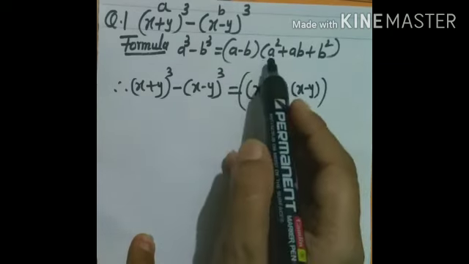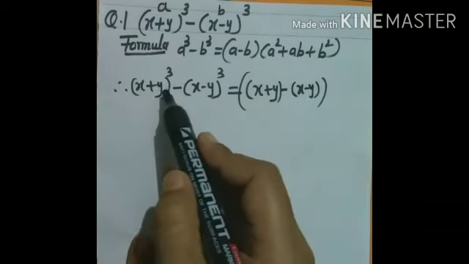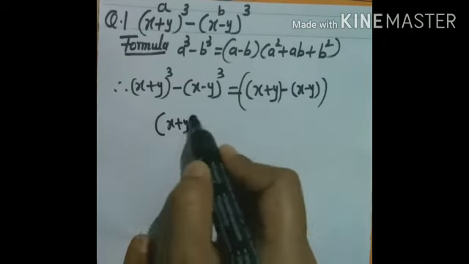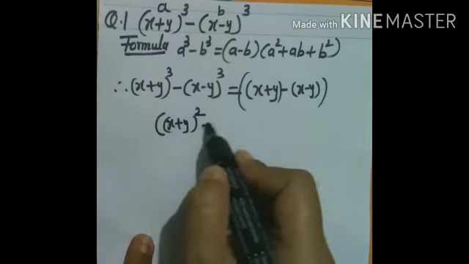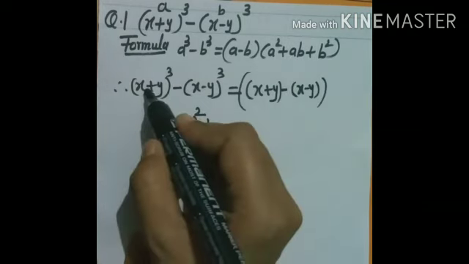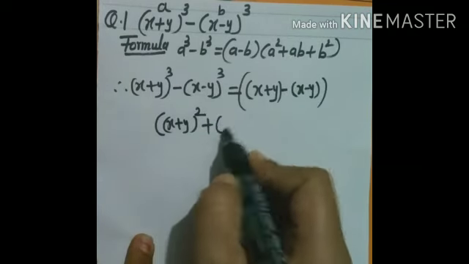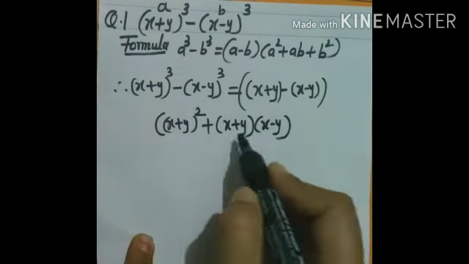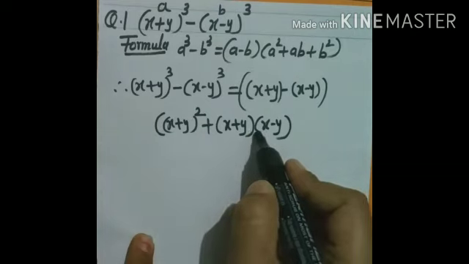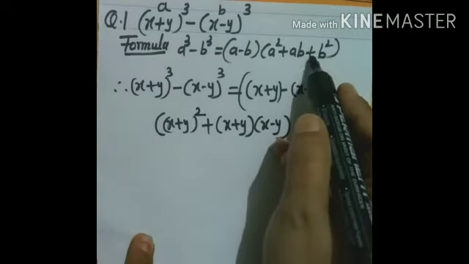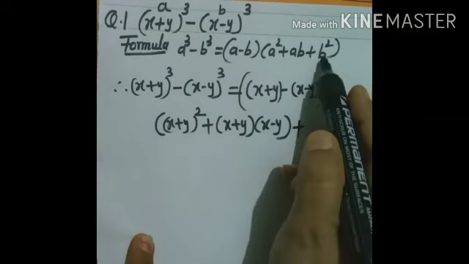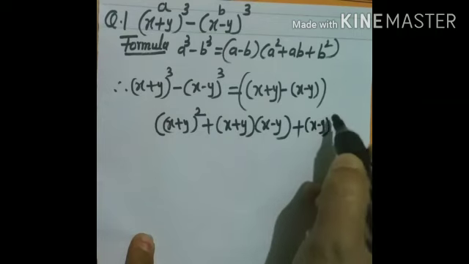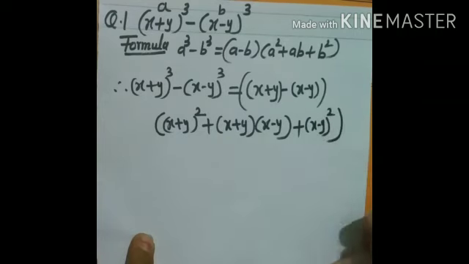Now what is next, children? A square. So what do we take? This whole bracket square. Here I am writing in the next step, children. X plus y the whole bracket raised to square plus A into B. These two brackets we take in the multiplication. X plus y, x minus y. The two brackets mean multiplication here, children. Okay. Now what is the sign here, children? Plus. So what do we take? B square. B square means x minus y whole bracket square. Close the bracket, children.